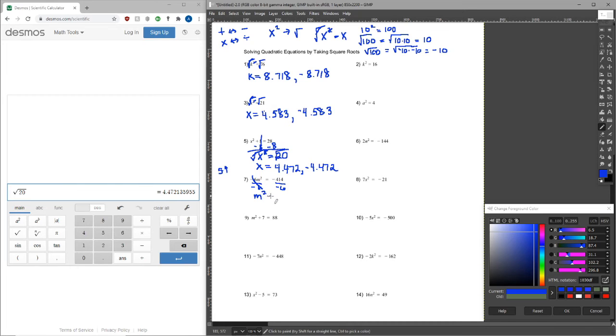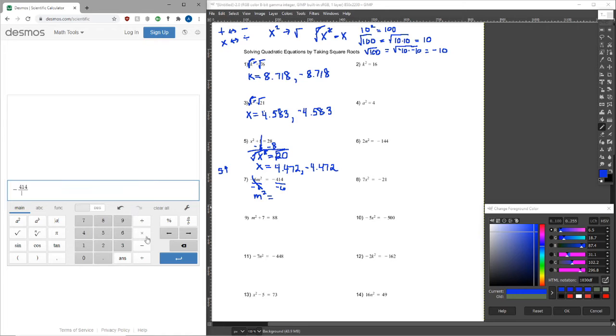alone. It is now isolated, but I do need to come over here and figure out what's negative 414 divided by negative 6. Clear everything, and negative 414 divided by negative 6. And that's going to be 69. So